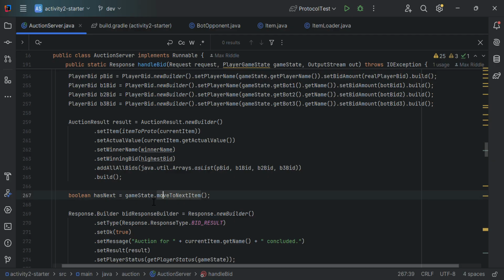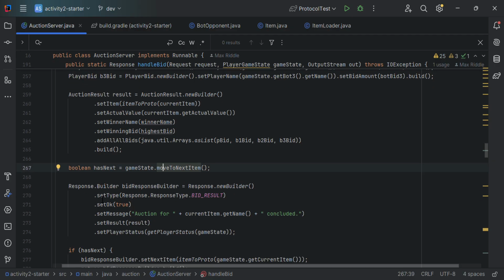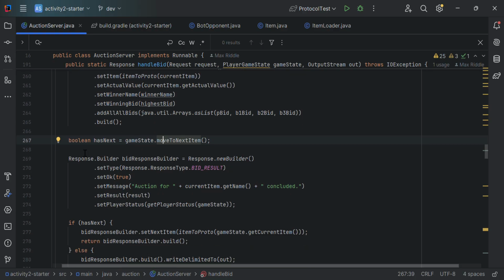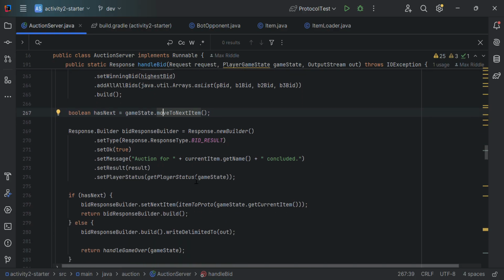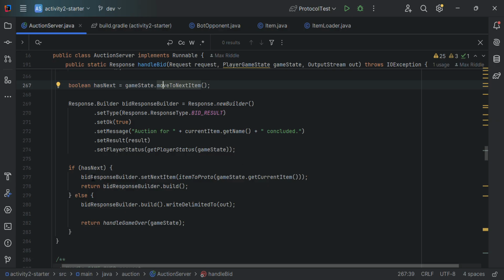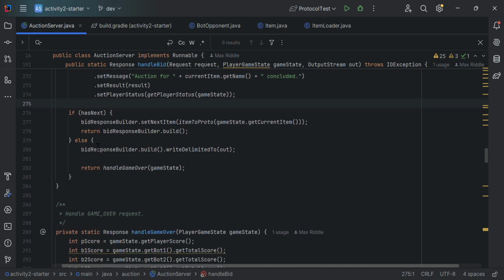And then if there's another, well, first we're going to move to the next item, and then that's going to let us know if there's another item, and then we start building our response here, but we don't finish it because if there is another item, then we're going to want to add the next item there. Otherwise, that means the game is over. We're still going to send that